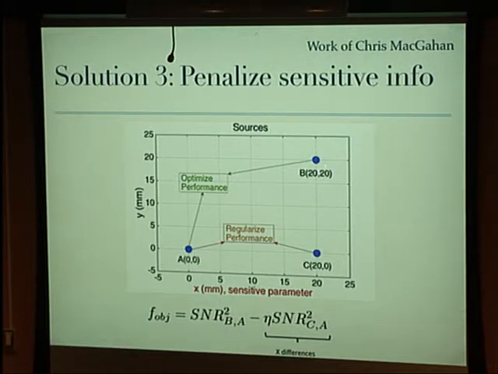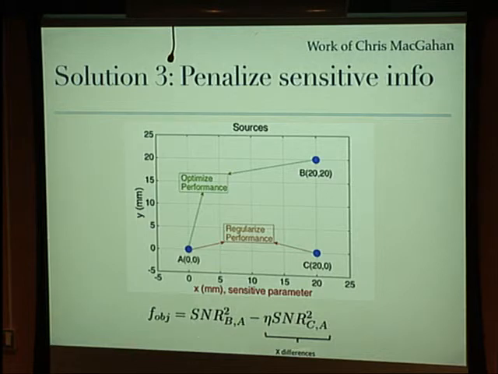We are going to optimize some observer model for distinguishing between A and B, but simultaneously minimize the performance between A and C. And the idea here is to treat, for example, X position as a sensitive parameter. Now, in reality, it's not a sensitive parameter, but let's pretend it is and see what happens. So Y information is insensitive. That's fine. You can share that with the monitor. X information is sensitive. No way you can share it. And he generated